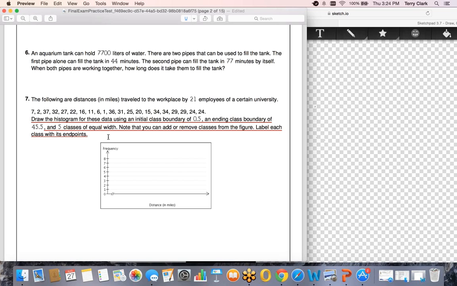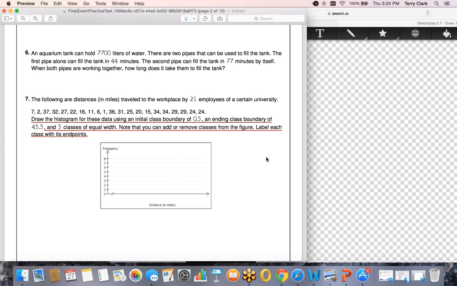Okay, so we're going to look at the information that they're giving us. What they're saying is: draw the histogram for these data using an initial boundary of 0.5 and an ending class boundary of 45.5. And then there are going to be 5 class widths. Note that you can add or remove classes from the figure. So to figure out the interval, the distance between each class, and each class's distance is going to be the same,